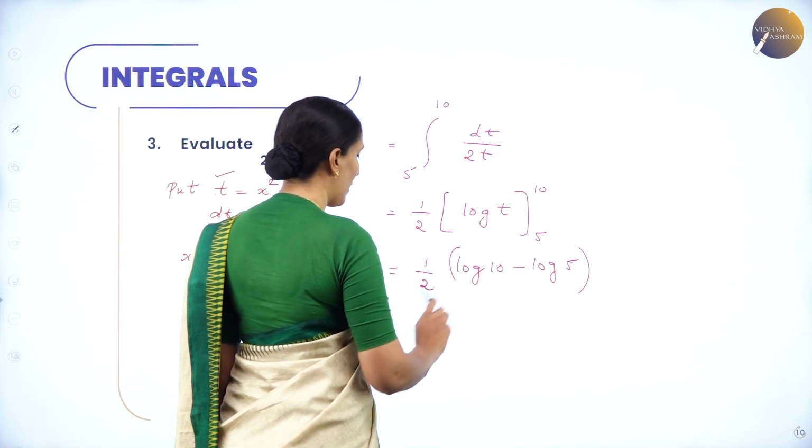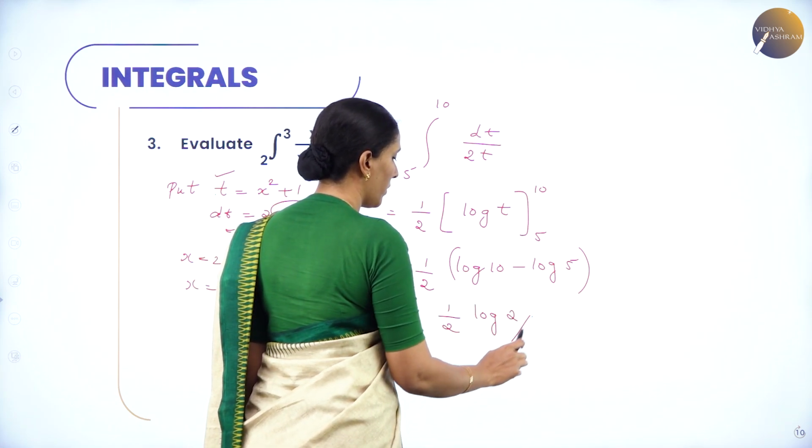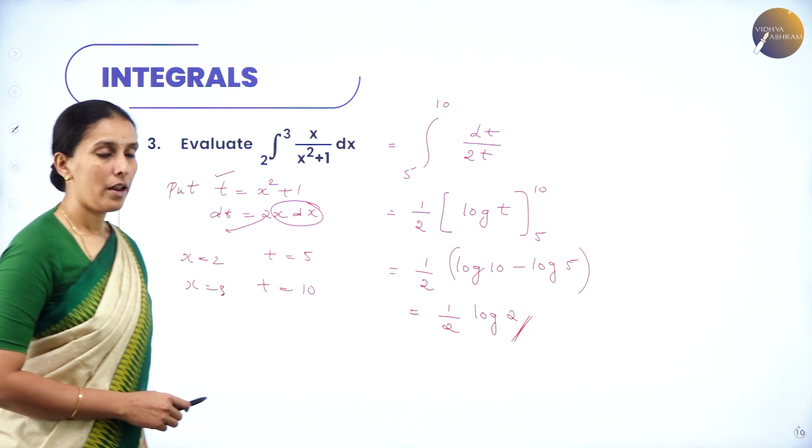So log 10 by 5 means it is half log 2. So this is the value. Next,